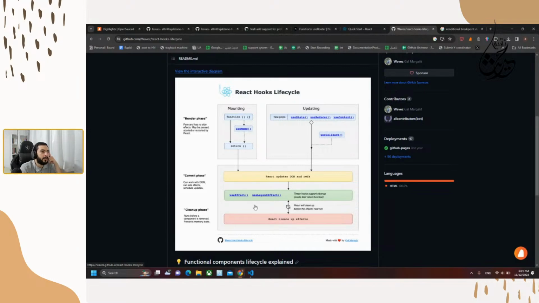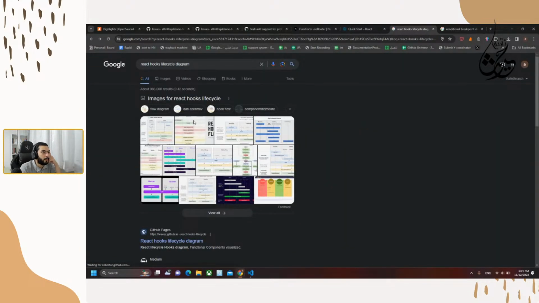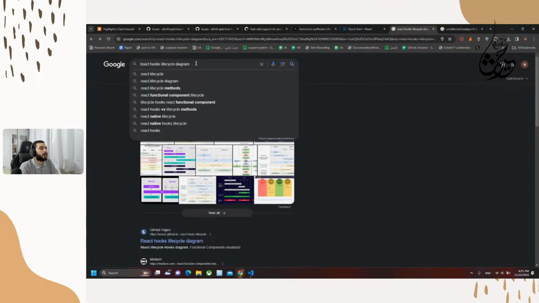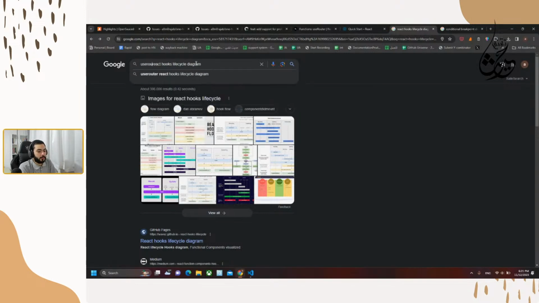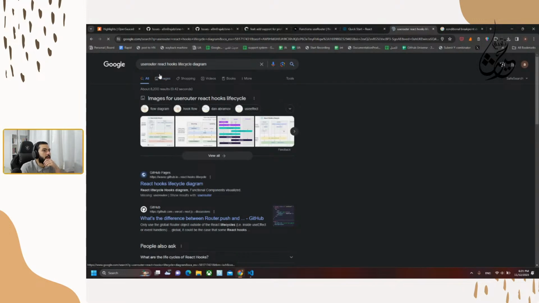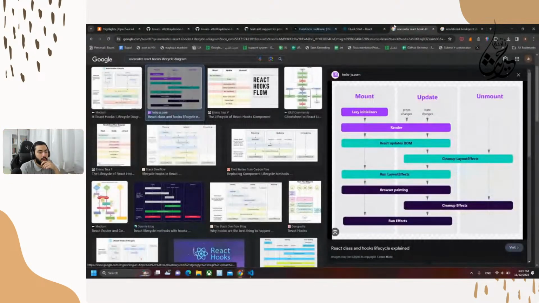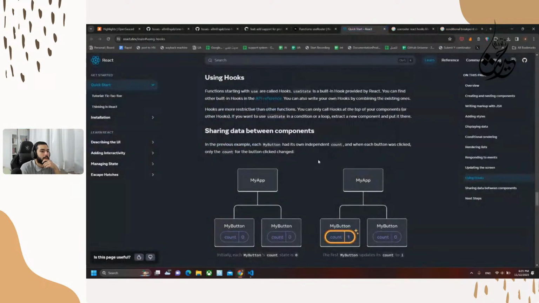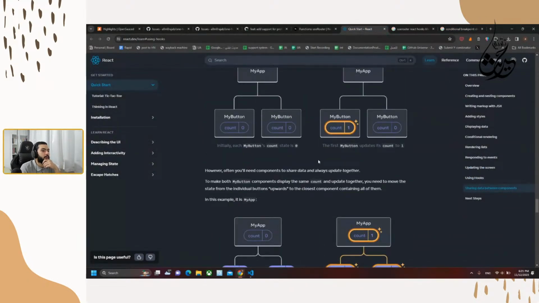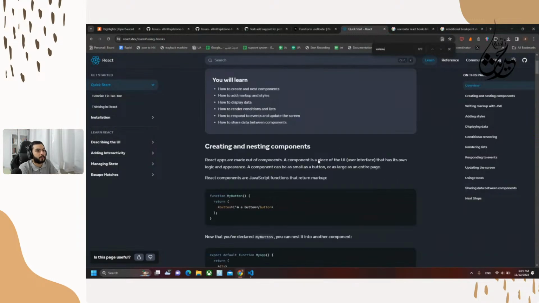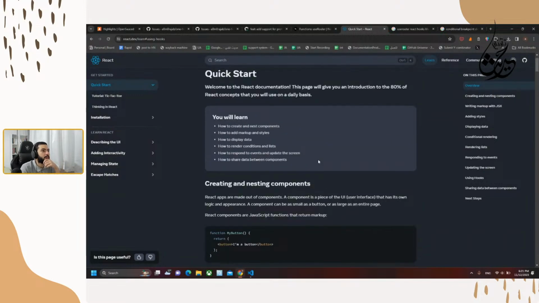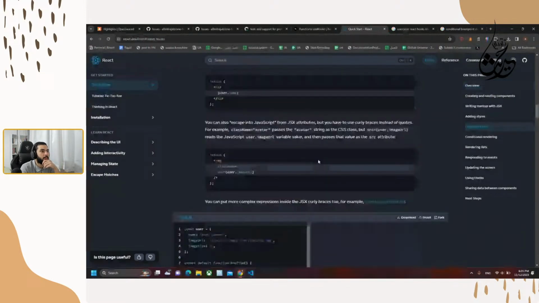In the diagram, we don't see the use router. Let's just go with use router and see where it is. Do you have a diagram here? No. Okay. Let's just get back to the main. So we are checking the main documentation to see if they have anything related to use router, but they don't have it here.